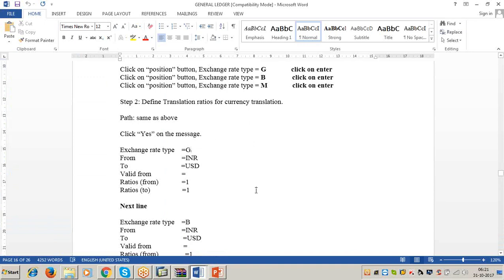The translation ratio is to be defined for each exchange rate type, for each foreign currency.